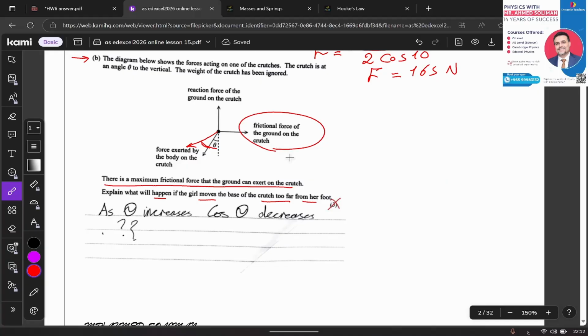Yes, perfect. Because if we want to talk about what happens if the angle increases, we need to take what? The horizontal component only, because the girl is in equilibrium. While standing, she is in equilibrium. Okay? Horizontally in equilibrium. So now we can write, theta increases. What happened to sine theta? Increases also, right? Horizontal component